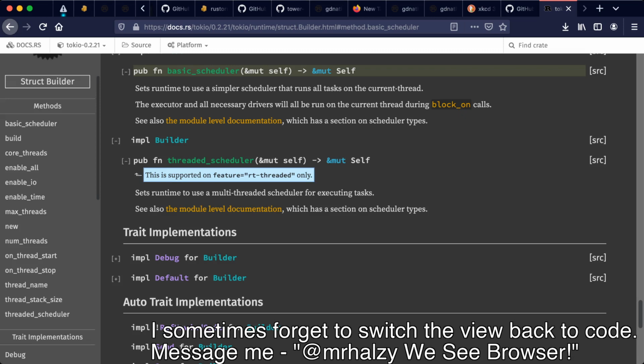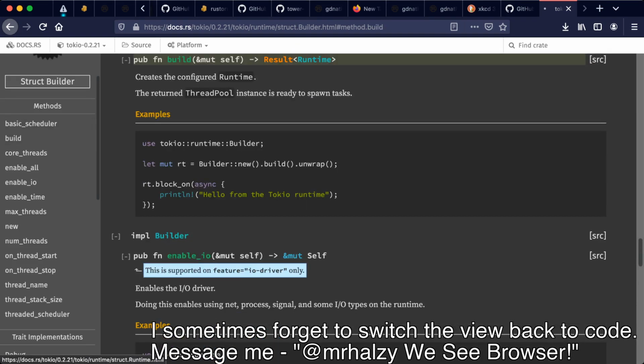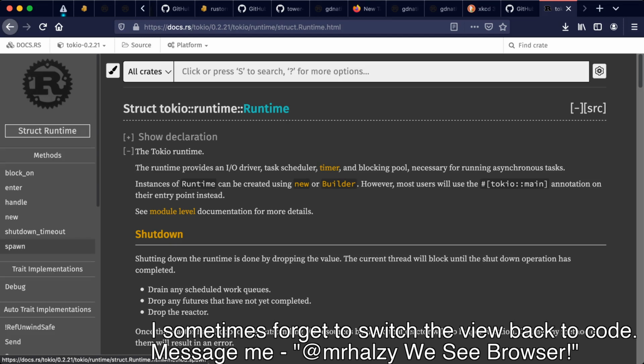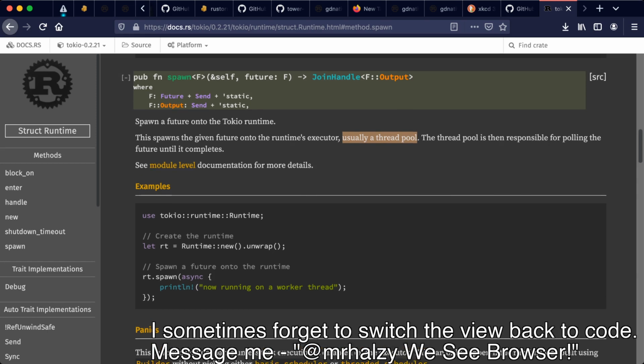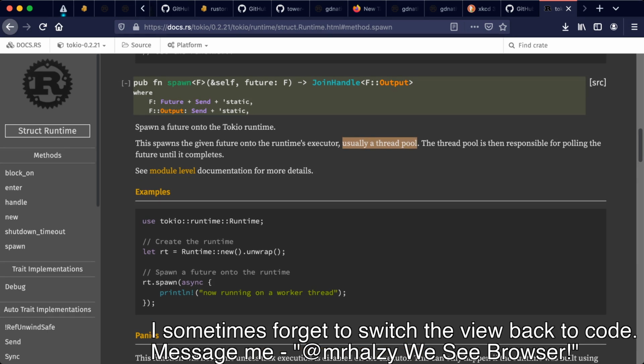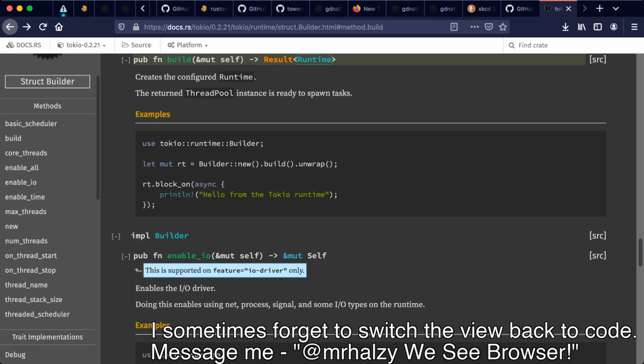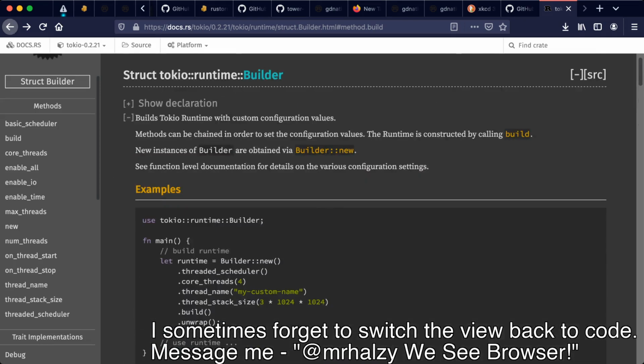So if we build the runtime, I see, and then spawn. I see. Okay. Most of the stuff I'm not going to need, is it? I mean, thread name's kind of fun, but